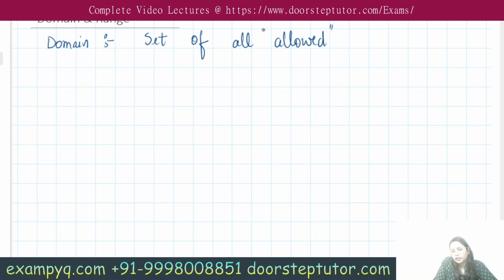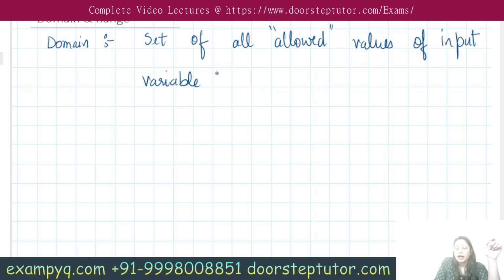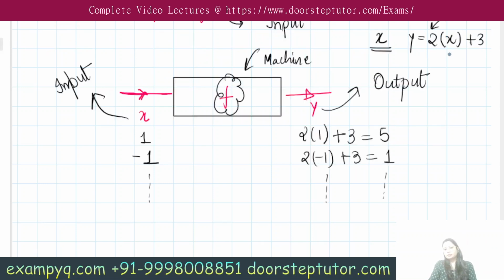Let me just put emphasis on the word allowed. The set of all allowed values of the input variable is termed the domain. And in our case, the input variable is x, so I am writing down in brackets x. So what do you mean by allowed? Like in our example of 2x plus 3, the function